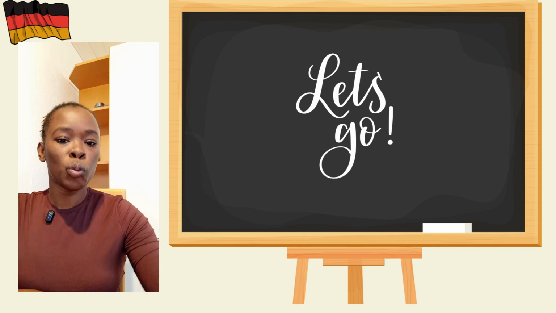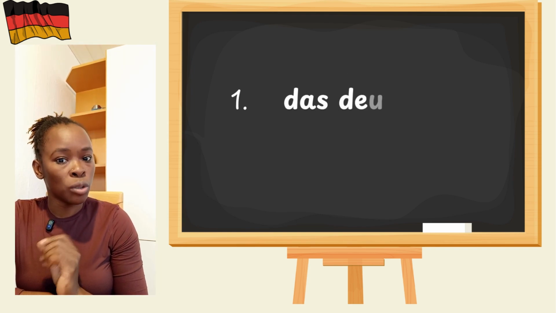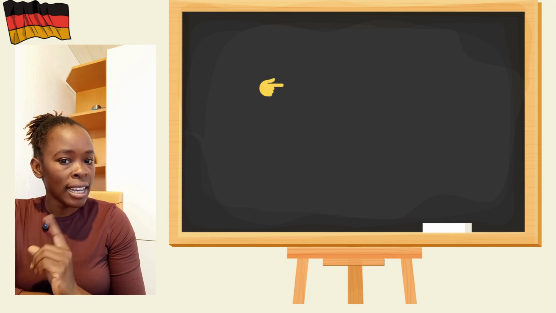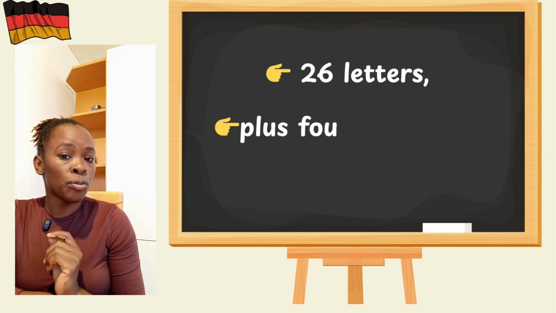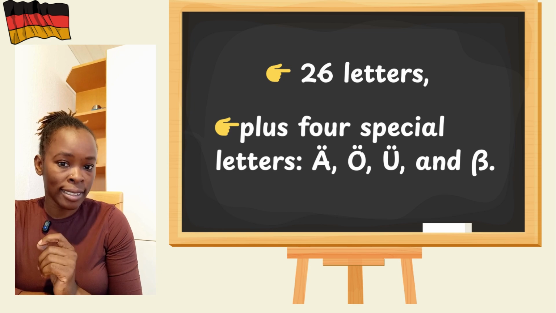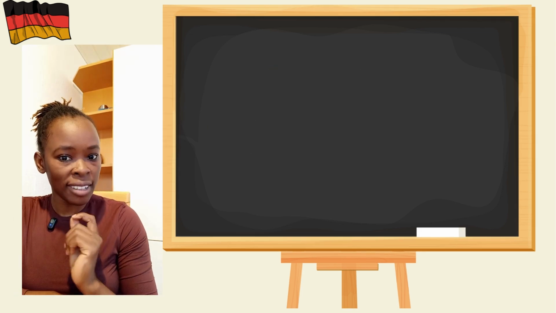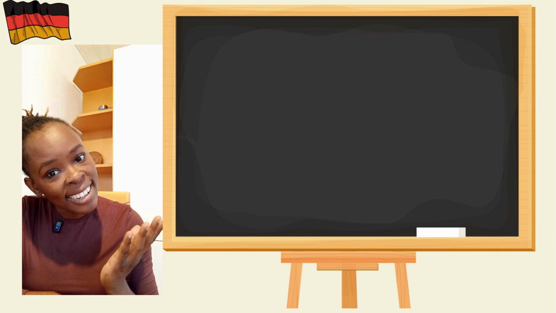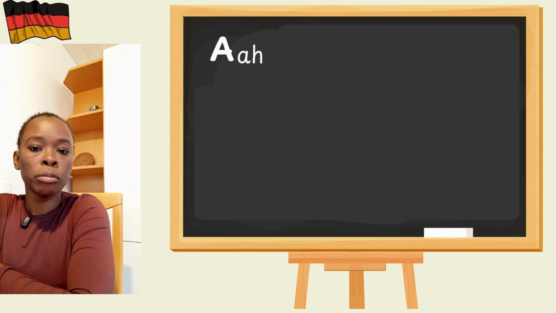Let's go. Let's start with the German alphabet, or rather, das Deutsche Alphabet. It has 26 letters, just like English, plus 4 other special letters. I will say each letter and you repeat after me. Ready? Let's go. A,